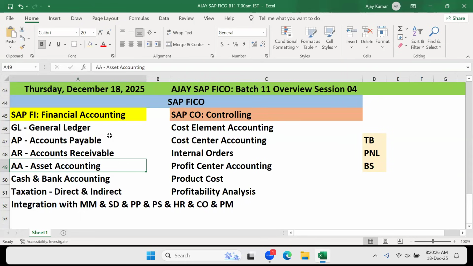Similarly, you have different other things, especially internal orders. When you talk about an internal order, it is only for event based, it is only for short term purpose. Let's say from a company, I'm arranging a team lunch. When I'm arranging a team lunch, I will have a budget or I don't have a budget.